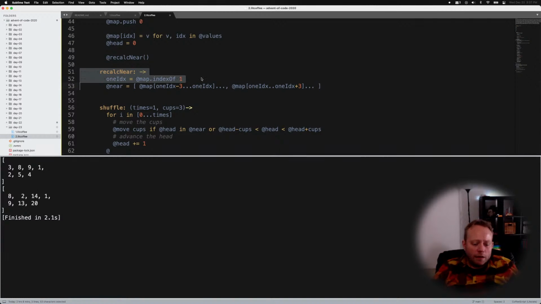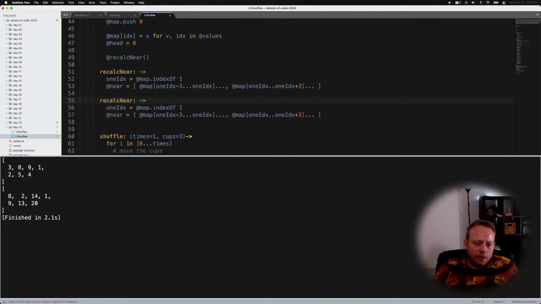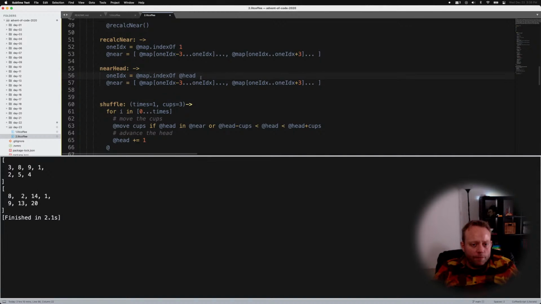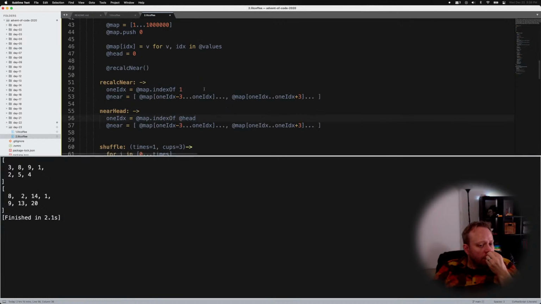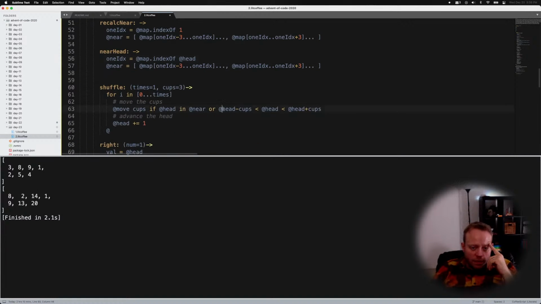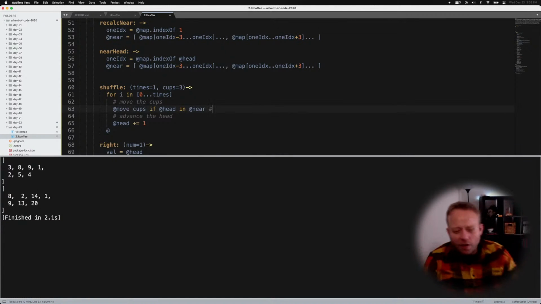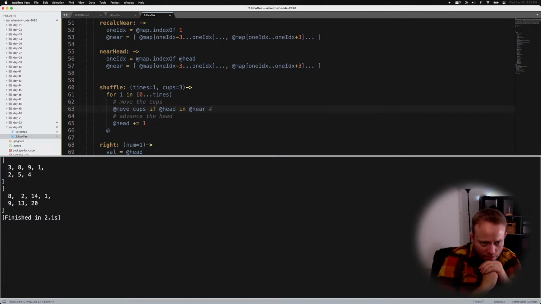So let's get near head. Map index of head. Head is an index, isn't it? I guess if we want to know what's on either side of head. So what do we want to know? This is saying, okay, that's always going to be true. That's crazy. I don't know why we're thinking that. Okay, so if head is in the nearby array, so the things that are close to 1,